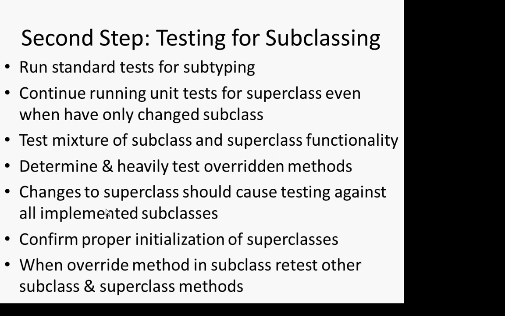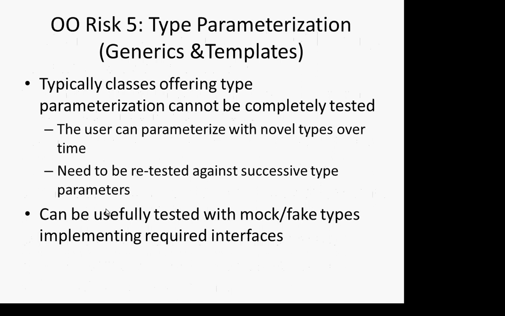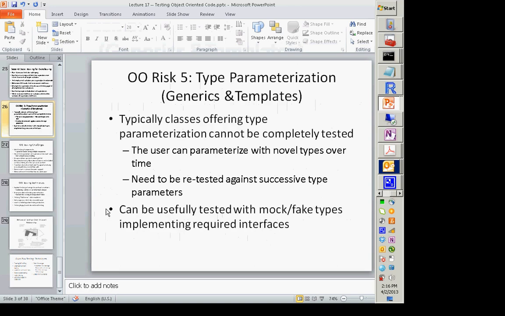Separate issues have to do with type parameterization, ladies and gentlemen. If you have a parameterized type called a generic in Java, templates in C++, they go by various names. You will want to be sure to test that with a bunch of different type parameters, a bunch of different possible things. So this would be a list of X. Test it with the different X's you use in your program to make sure it works properly. In some languages, you may find that those errors are hidden until runtime. Okay? So those are all my comments on